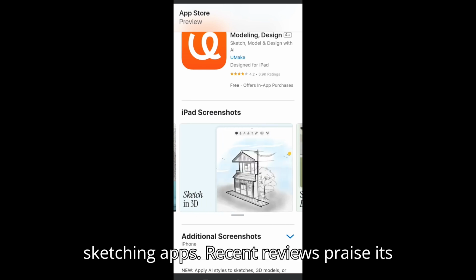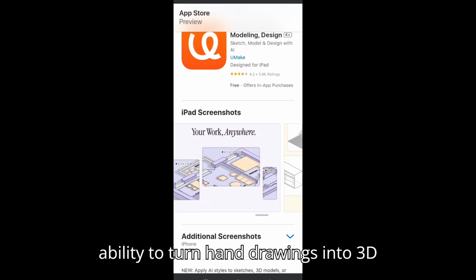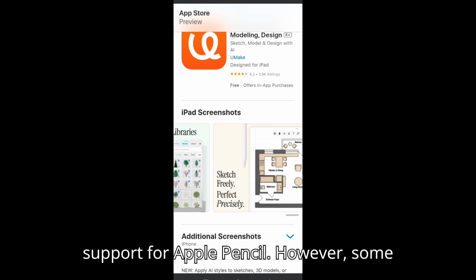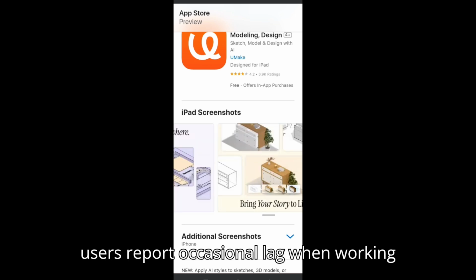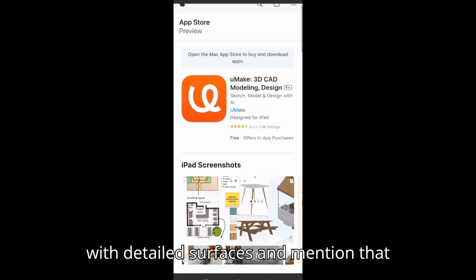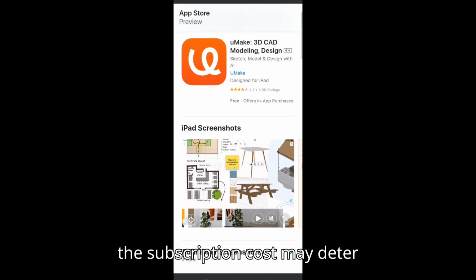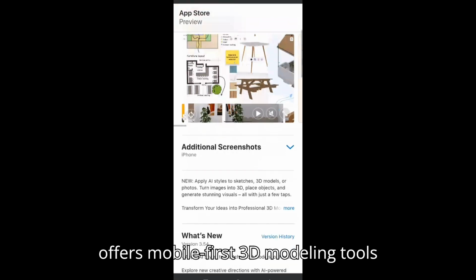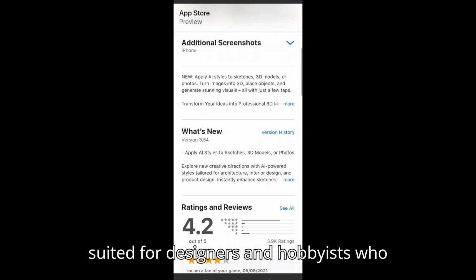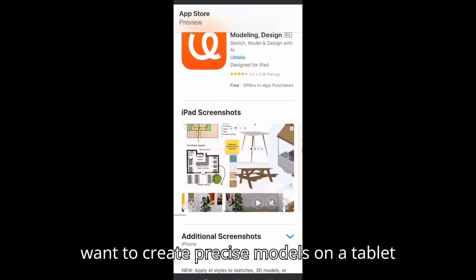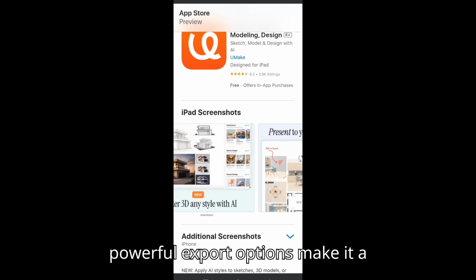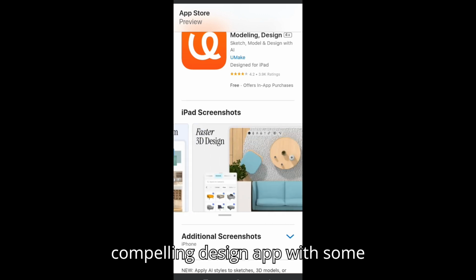Recent reviews praise its ability to turn hand drawings into 3D models efficiently and highlight strong support for Apple Pencil. However, some users report occasional lag when working with detailed surfaces and mention that the subscription cost may deter occasional users. Overall, uMAKE offers mobile-first 3D modeling tools suited for designers and hobbyists who want to create precise models on a tablet or phone. Its sketch-based workflow and powerful export options make it a compelling design app with some trade-offs